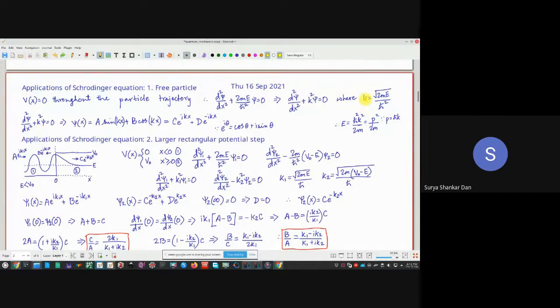That concerns something called the reciprocal lattice. We will look into it later, after a few classes. That is the transition between quantum mechanics and solid state. We will see that later. As of now, think of K as a factor. This is simply twice mE by ħ squared, which we are representing here. This is how it is defined. Then basically the solution is known to all of us. Notice one thing: it is essentially a combination of sinusoidal curves, as simple as that.